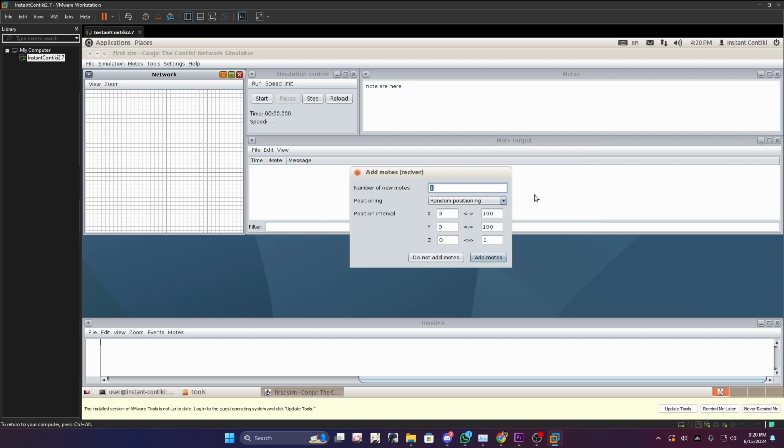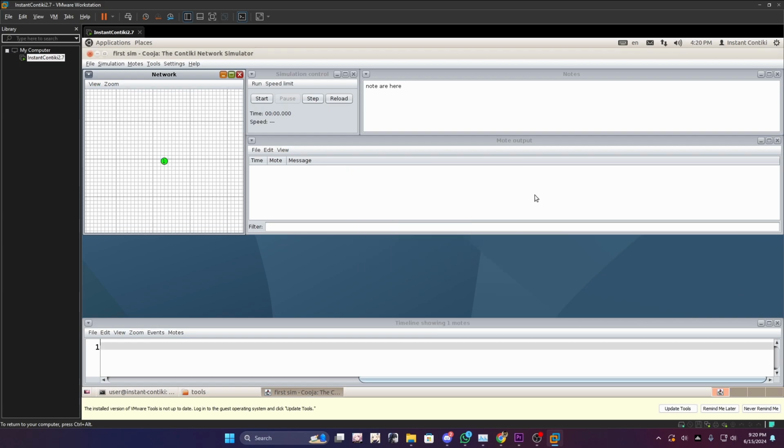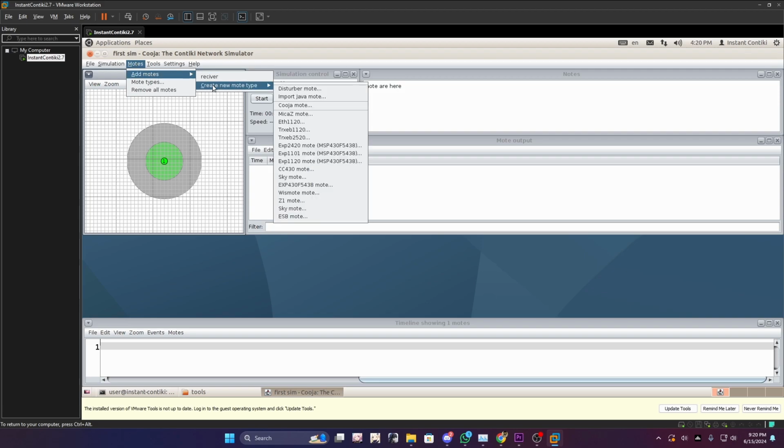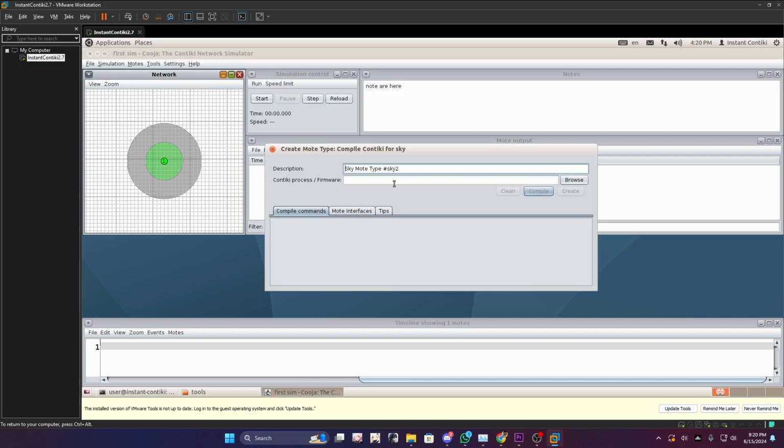Now we can see that we have the add motes dialog, with how many new motes we want to add, the position and the interval. Since we are going to only add one, the position and the interval are not going to matter that much. We are going to click create immediately, and here is our receiver.